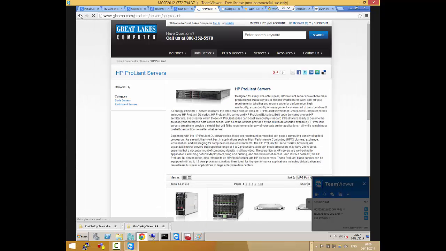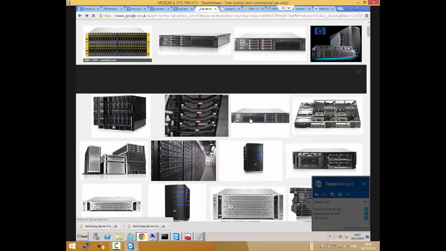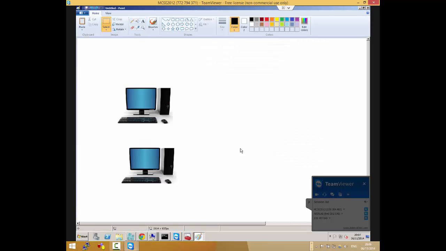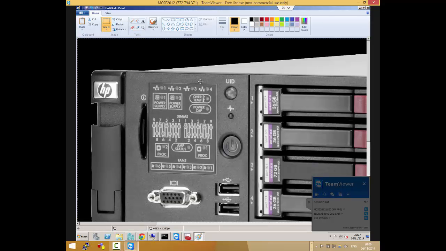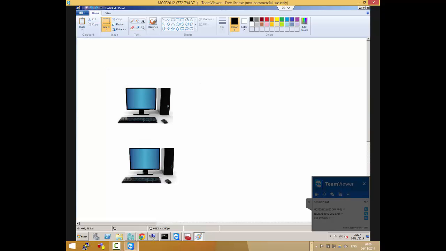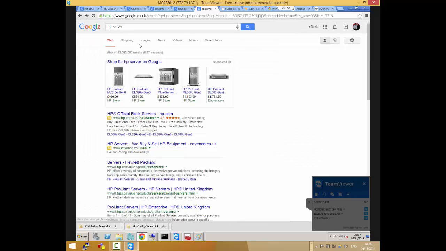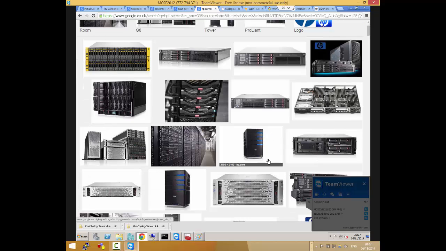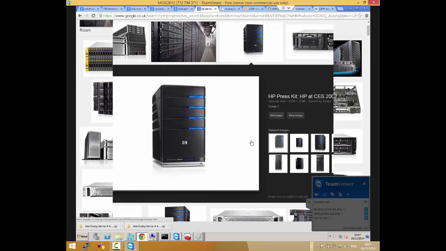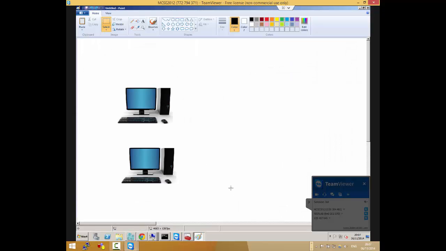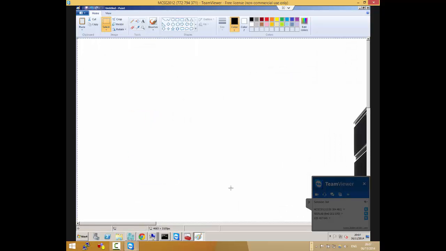Did I copy the image? I just want to copy the image. Oh no. I'm just looking for a server, please. Just any server, okay, let's just go for this one. I hope you're not really huge also. Copy image. Come on.